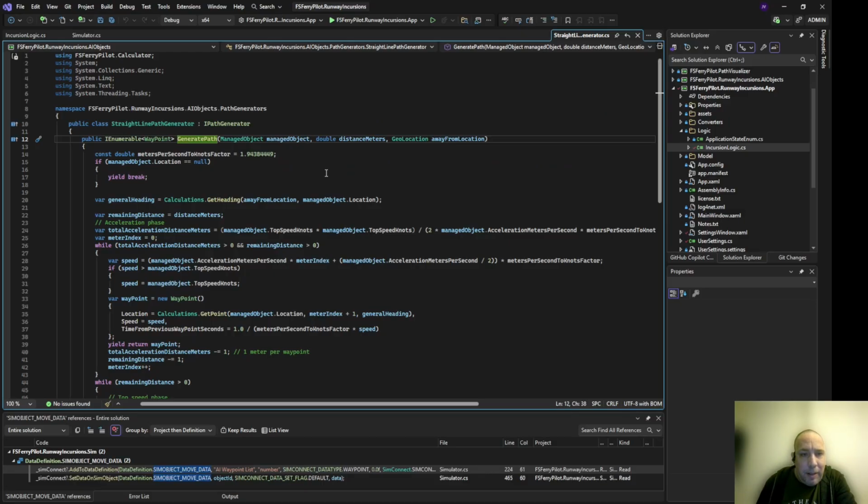you can see that we have the parameters already. We talked about it already. The managed object is the object we actually want to generate a path for, the distance we want to travel, and the point we want to travel away from. Well, if the location of the managed object itself is null, we obviously cannot do a thing. So we'll just enumerate an empty enumerable, and then